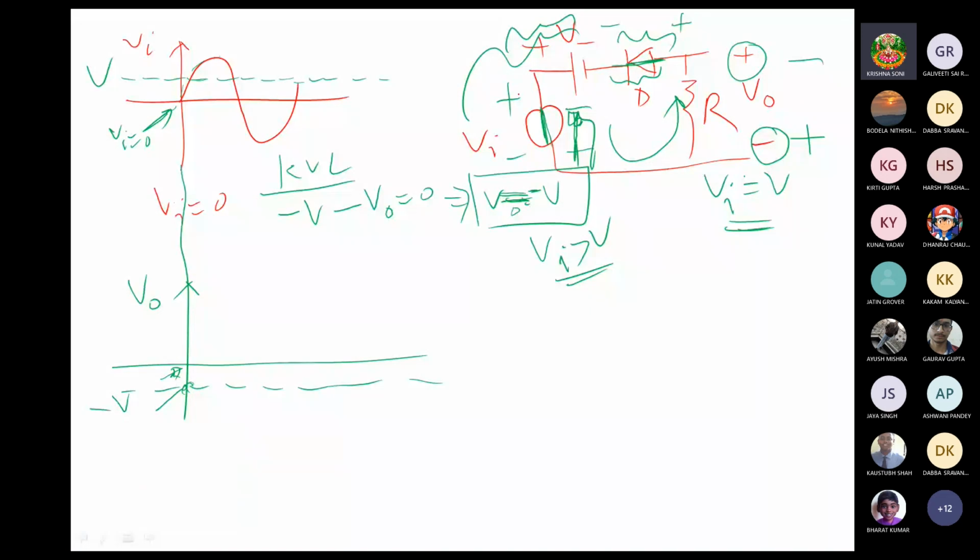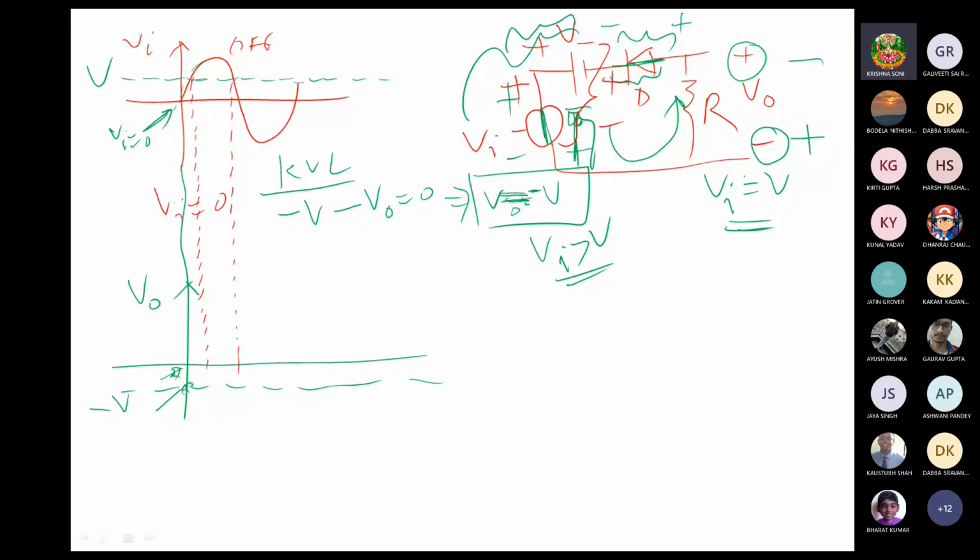Because the input voltage is having this polarity here, and these are opposing each other, the resultant potential across this will be with this polarity, which will make the diode off. So above this, the diode is off. So the diode is going to be off for this time period. We can just drop here, okay, like this. This is the time period for which the diode is off. So what happens when the diode is off? We are going to get a zero potential.